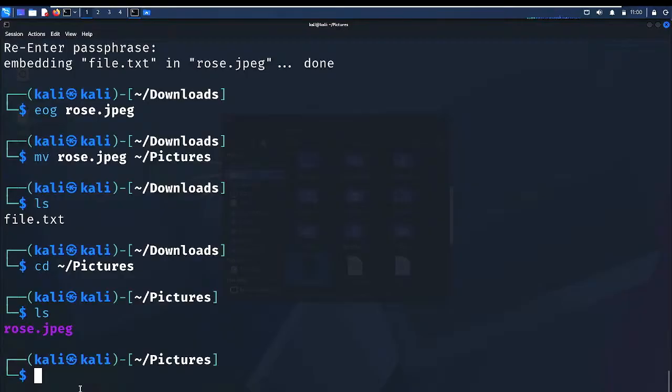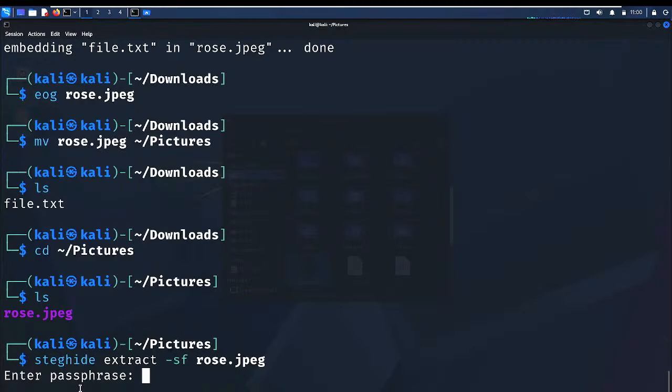So what I do is steghide, the same tool. Now I'm not using embed, I'm using extract, which is secret file, then the name of the file, the image, rose. Is it clear?